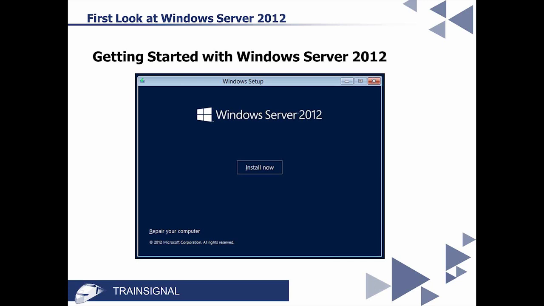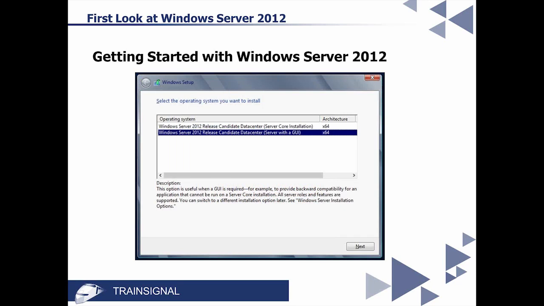Moving on, here's that same screen that we had in Windows Server 2008 where we can either install now, or you'll notice there's also, and I don't have a highlight here, but down in the lower left-hand corner, this is also where you would go into the different recovery and restore modes, and you can repair your computer. None of this is new. This is identical other than it's a darker blue that they're using. Matter of fact, I don't even think they use blue in Windows Server 2008.